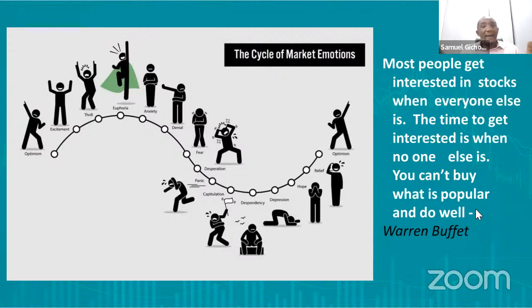And yet, when the stock market has gone up, and you remember when Safaricom was coming to the market, that was probably when the market had been very good for a while. Everybody else, the headlines in the newspapers are: stock market billionaires make billions in the stock market, and everybody wants to be in the stock market. So this, incidentally, is probably not the best time to be getting into a market. If you go and look in the past, you'll notice that 90% of the biggest companies list on the market when we are at that point, we call euphoria.